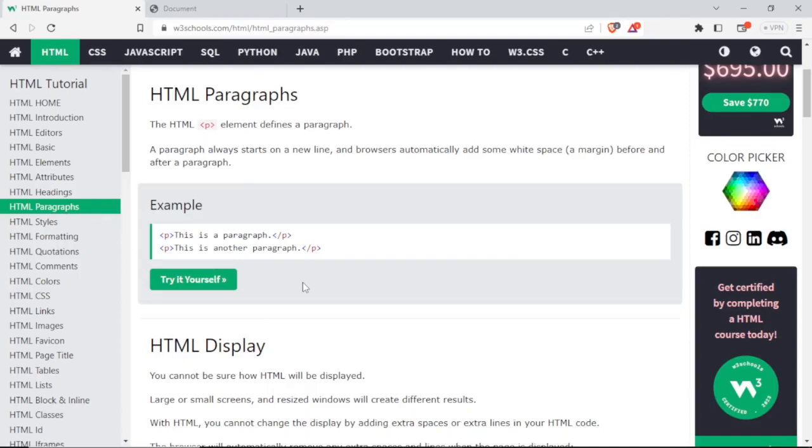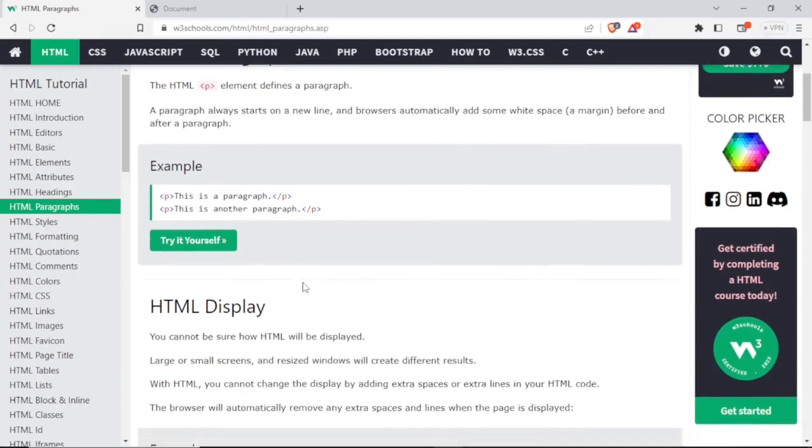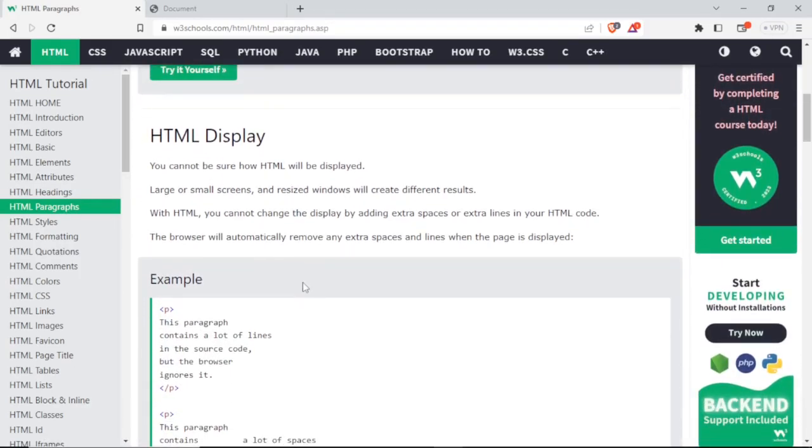You cannot be sure how HTML will be displayed. Large or small screens and resized windows will create different results. With HTML, you cannot change the display by adding extra spaces or extra lines in your HTML code. The browser will automatically remove any extra spaces and lines when the page is displayed. For example,